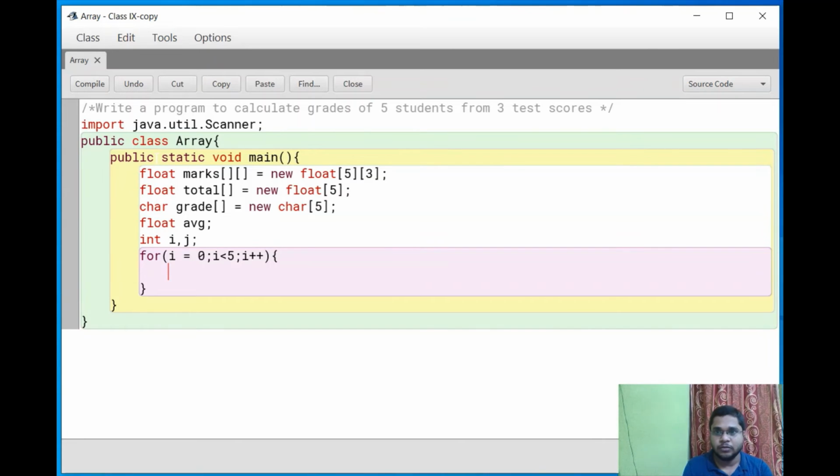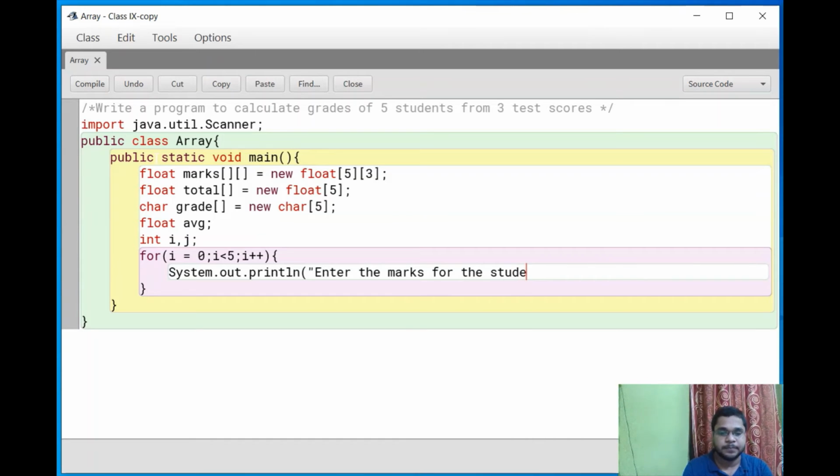Now here I am writing System.out.println, enter the marks for the student, that is student number 1, 2, 3, this way. So this is i plus 1. Clear, this is my ending.